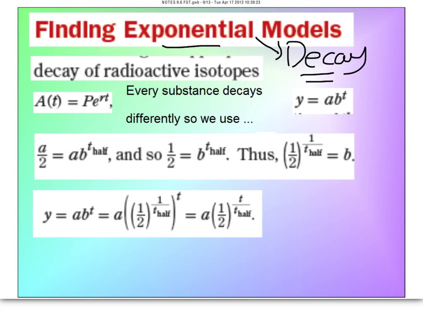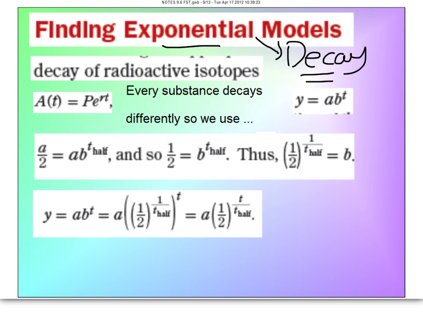time. Now, where this comes from, I just want to show you the derivation of the final formula. This right here is an exponential function that we would use. Now for decay, the b value, or the base here, would be something less than 1. Well, what we're going to do for our purposes is we're going to figure out how to cut something in half. So what they've done is they assumed a is what they start with, which is right here. And then they said the ending amount is going to be a divided by 2, so it's been cut in